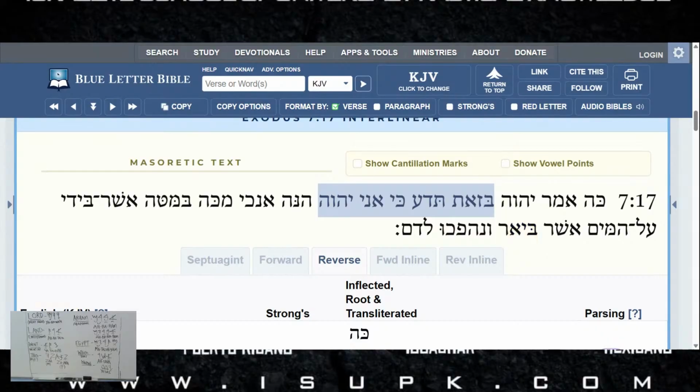So ba at the beginning is in, on, at, by, with, right? Za'af is the feminine way of saying this. You already have these words. Za'af. So in this, on this, at this, by this, with this, right?